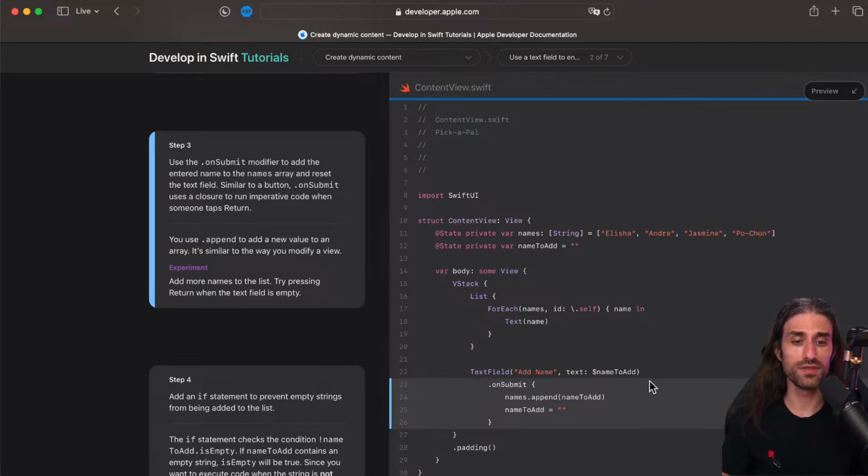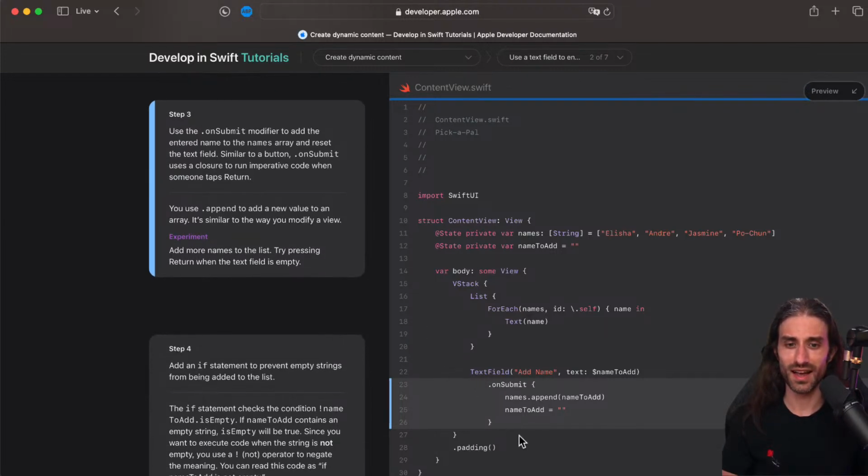So remember, the bottom line is that arguments passed through the init are part of the core feature of the view, and without them, the view doesn't really make sense. And arguments that are more optional to how the view behaves are passed through modifiers. This way, it gives more flexibility, but it comes at the price that there is no guarantee that the modifier will be called. That's why inside the view, you need to deal with both code paths. Here, the text field probably needs to check whether or not a closure has been provided before calling it. So that's all for what I wanted to say.